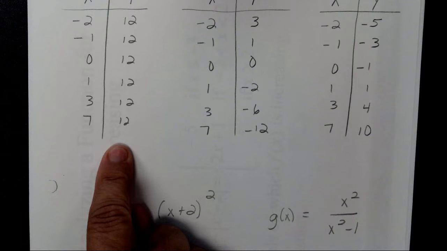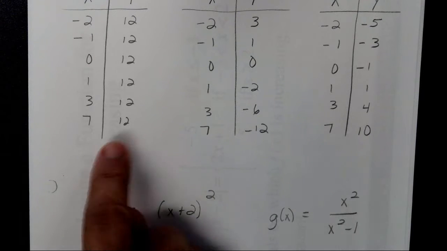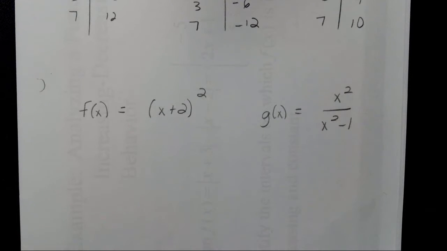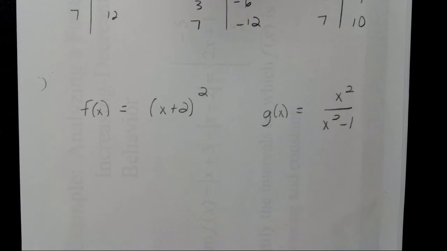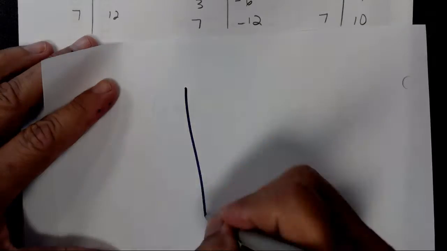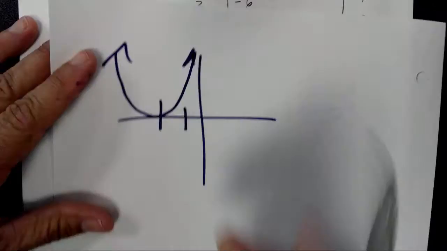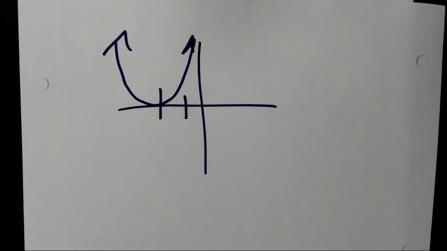So, increasing, decreasing, no. Constant, decreasing, increasing. So, that is a parabola. Agreed? That's been shifted left 2. Are you starting to see that it's important to be able to make quick sketches of stuff? And are you starting to see that it's important that you understood your transformations last year? Okay? So, this is